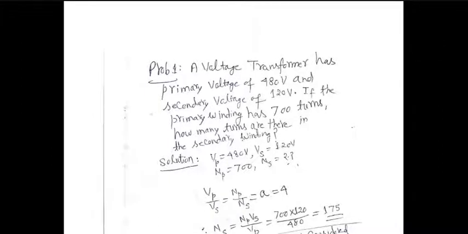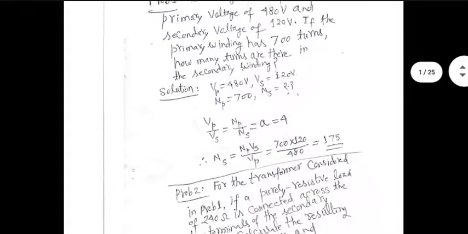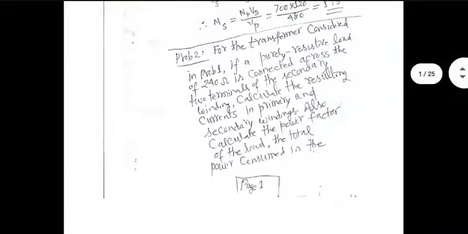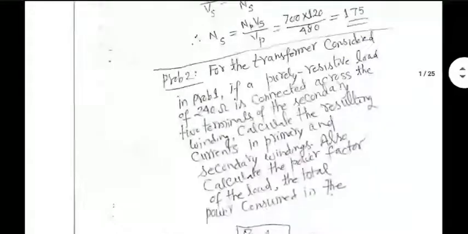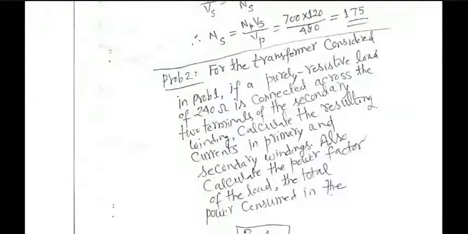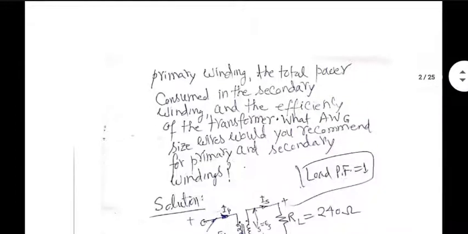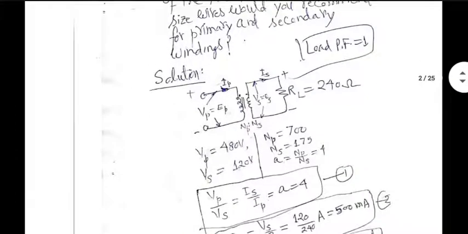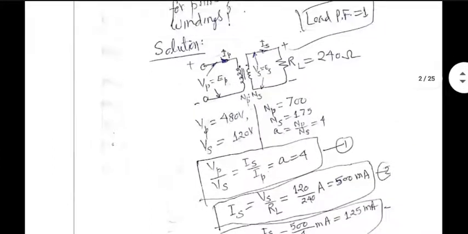Problem 1 doesn't change because of that. Number of turns will not change just because load has changed. No issue with that. Problem 2 will get modified because now the load is not purely resistive. Instead, it is a complex load. So when you do, even if it is lossless, the calculations will become now in complex domain because load is complex.